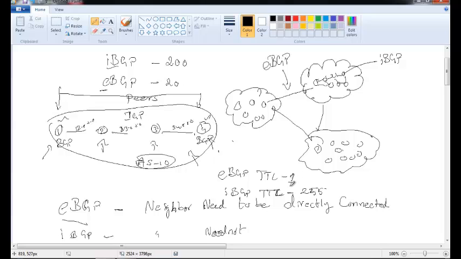Because the TTL value is 1 in eBGP, as soon as the packet hits the other router's interface, if it is not finding the neighbor, the packet expires. It cannot form a neighbor. So, to have some control, to make sure that we are forming a neighbor with a known peer, it is designed like this, with a TTL of 1 by default. But we can tune it, we can change it in two different ways, which we'll be seeing later